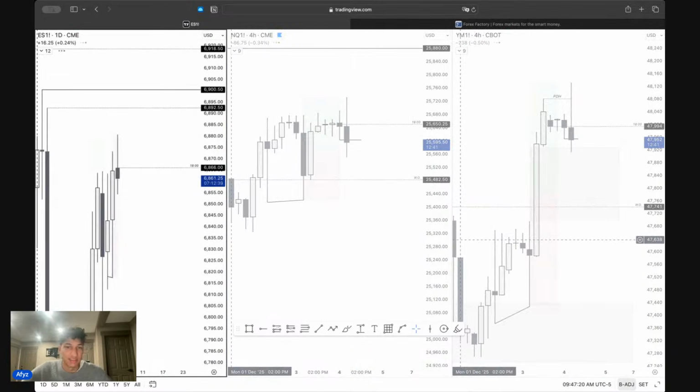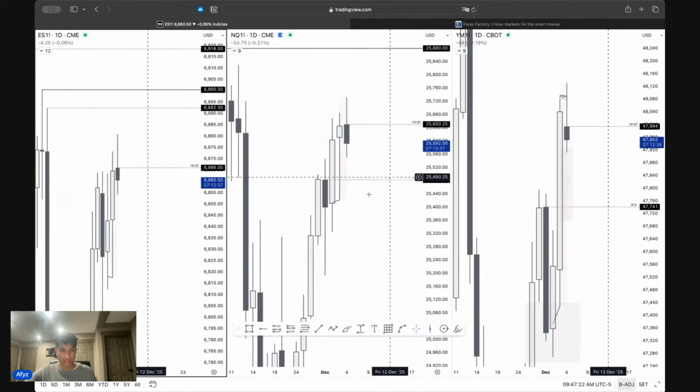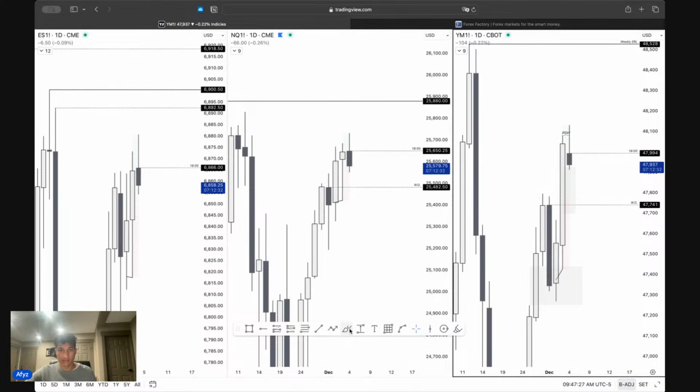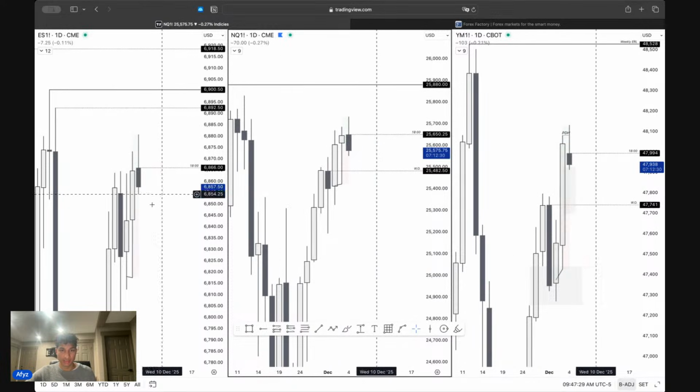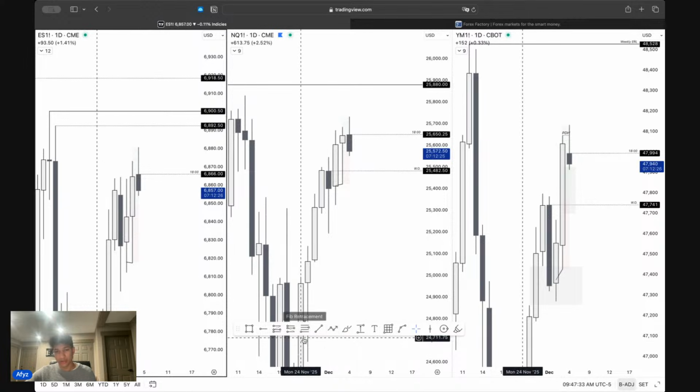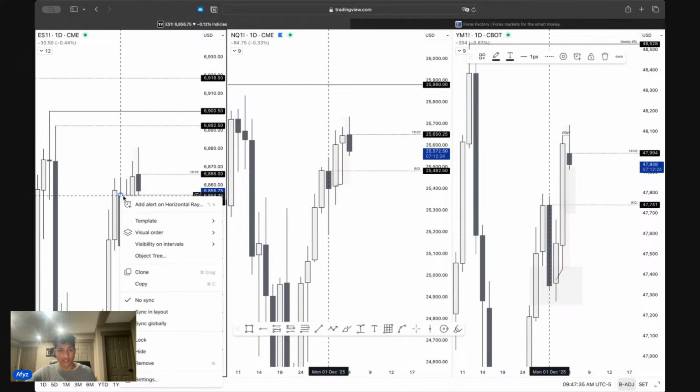The only issue with that is that the daily doesn't really support that, right? Daily, just in a continuation, especially on this asset. But again, you can see we're stacked with the weekly open here on the ES. If I was to draw out my weekly open, you see what I mean by that. We're not really displacing from the weekly open here